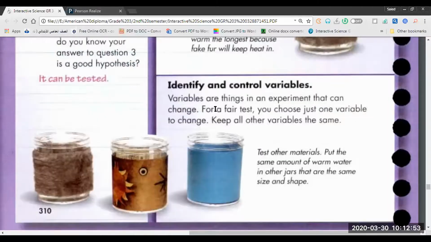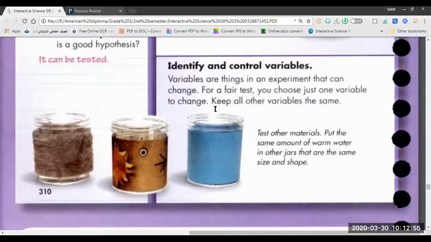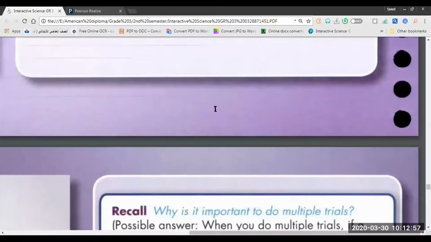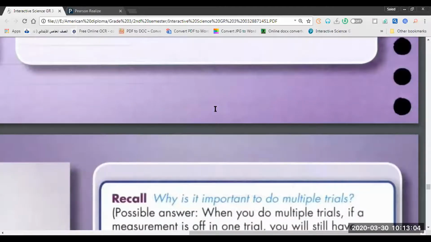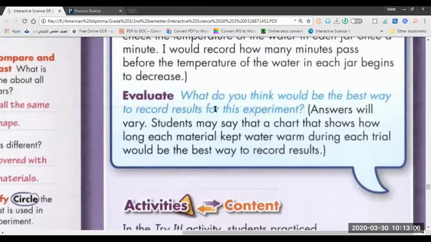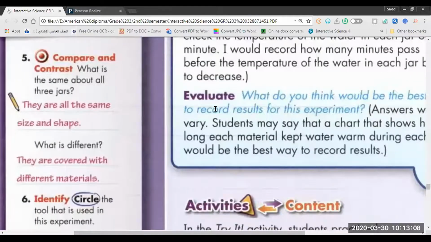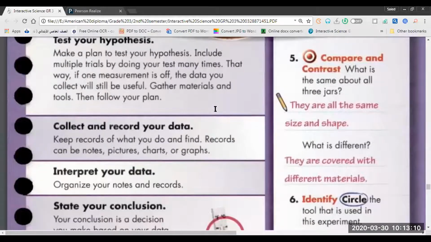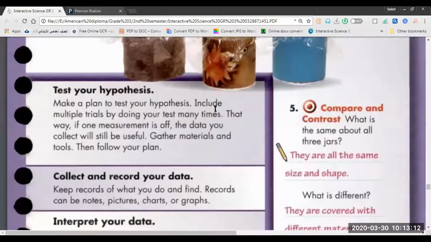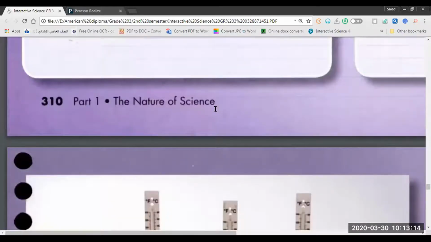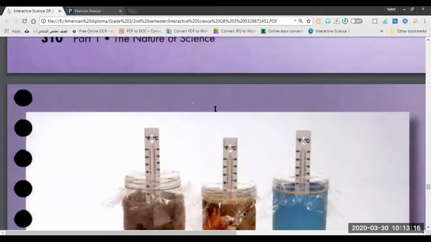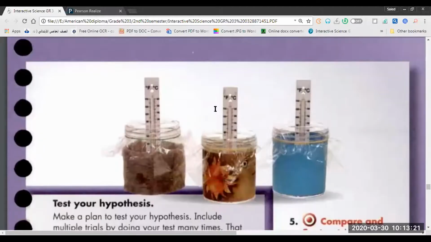After that, plan or test your fair test, or do your fair test. Here in page 311, test your hypothesis. Did you remember in the second step I said your hypothesis, which is that you're guessing or